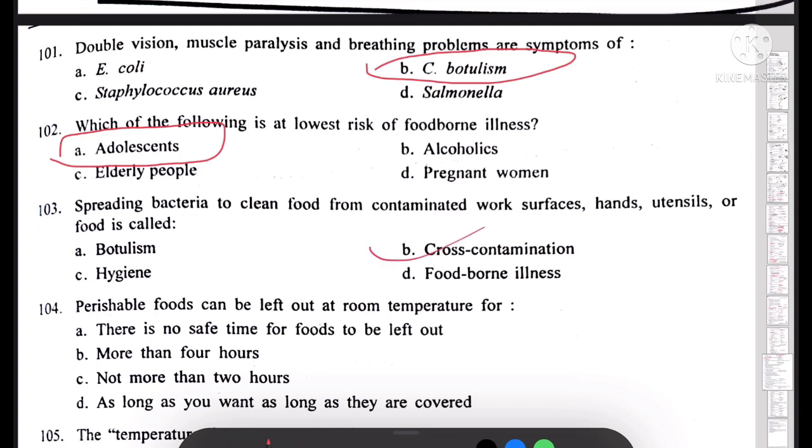Cross contamination refers to spreading of bacteria to clean food from contaminated work surfaces, hands, utensils. Okay. Next,